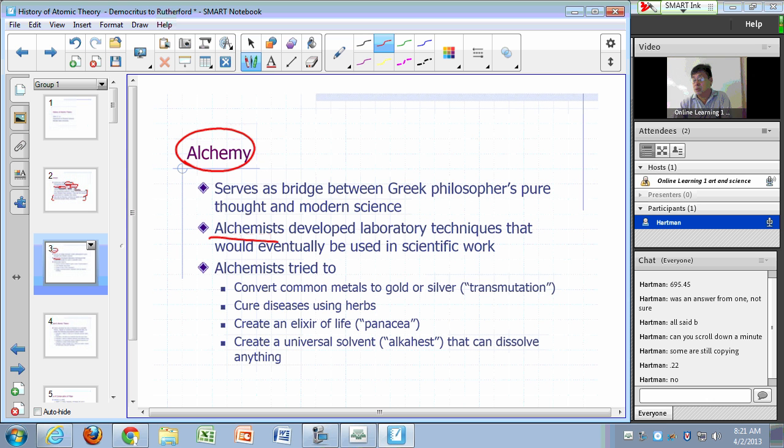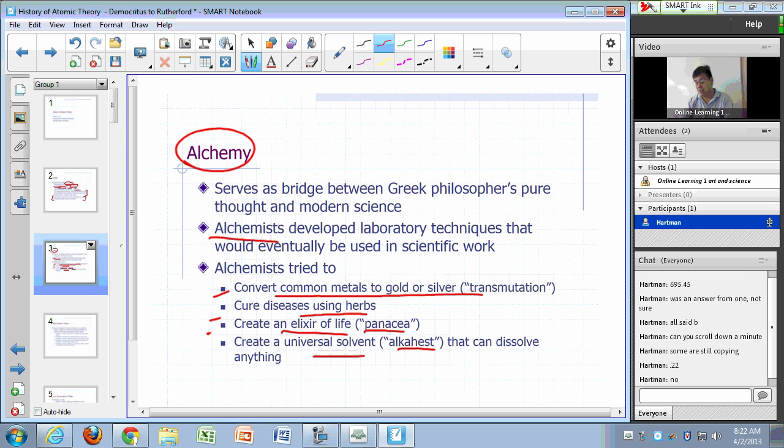And here are some of the goals of alchemists. One is to convert metals into gold or silver, and that process is known as transmutation. Okay, to cure diseases using herbs. Okay, to create an elixir of life, a panacea. And to create a universal solvent, also known as an alkahest, that can dissolve anything, which was